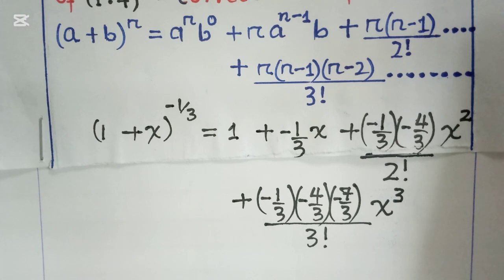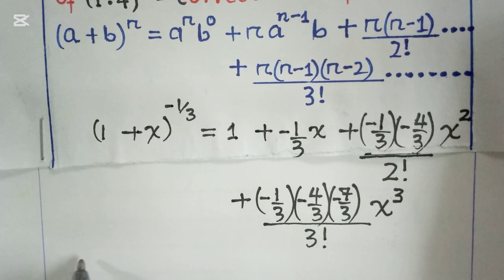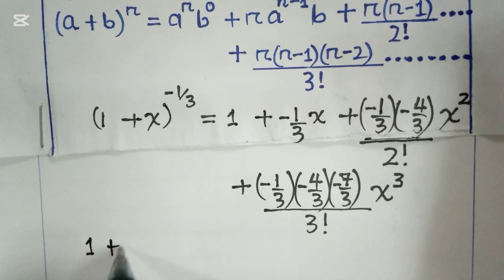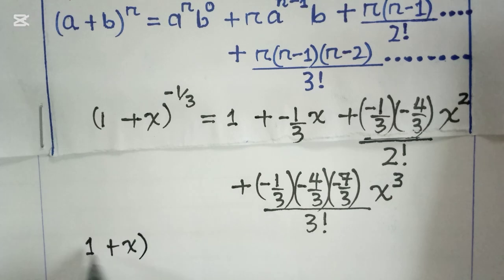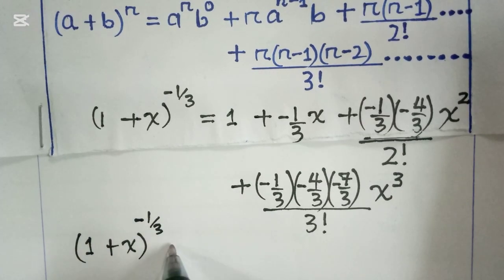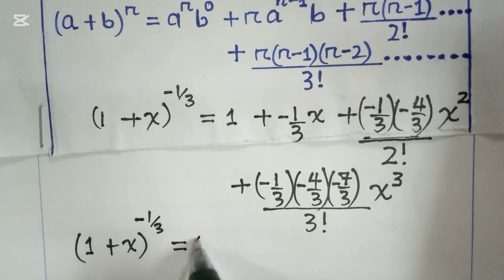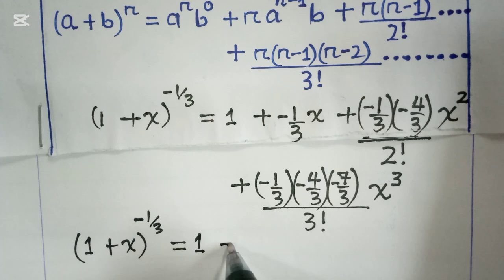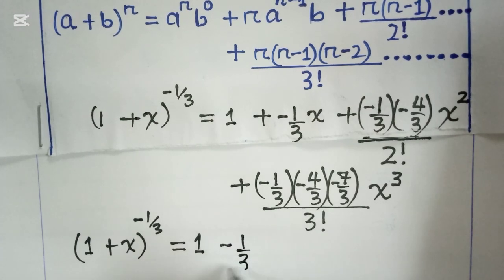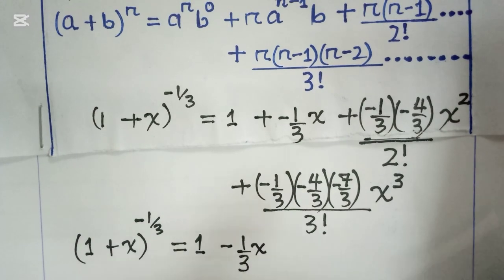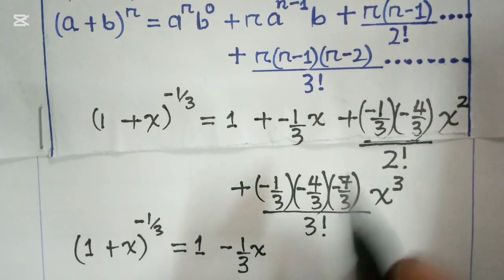So guys, the terms you are required to find are those ones that I have written. And so now we just come to complete everything. So now we come and write (1 plus x) raised to negative a third. Now it will give us 1, which is this one. Now minus a third x, continue, plus,